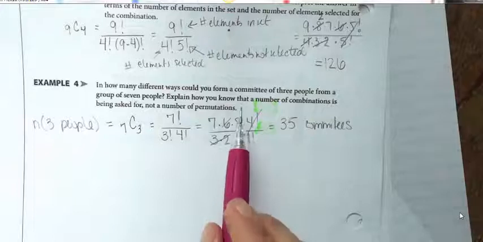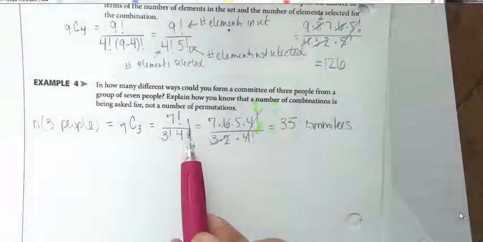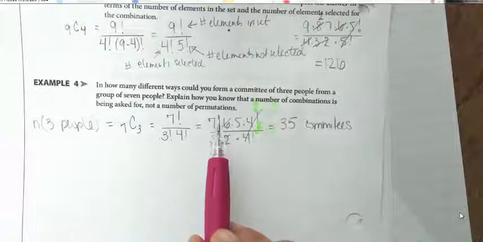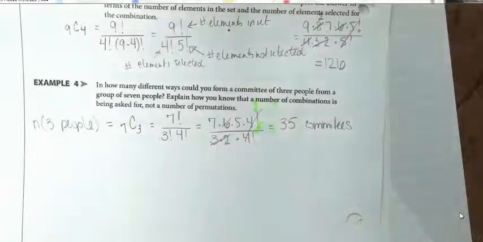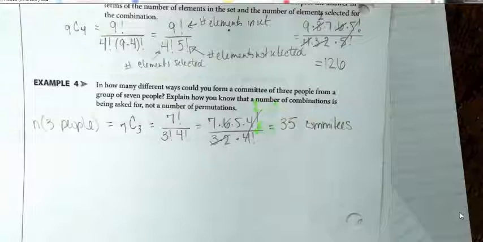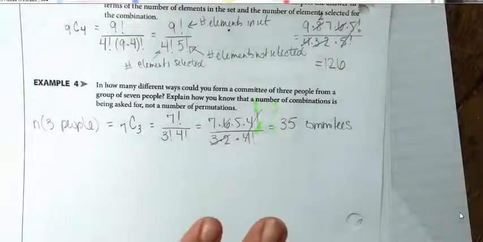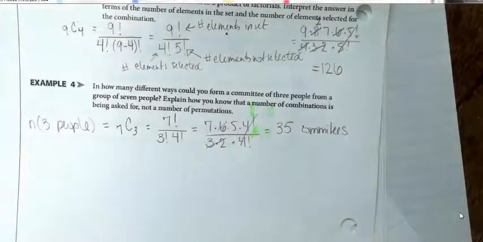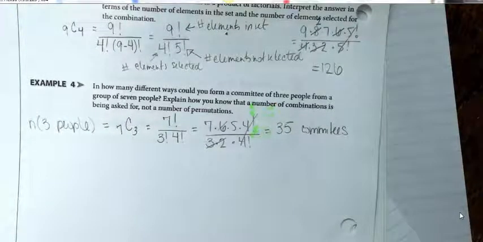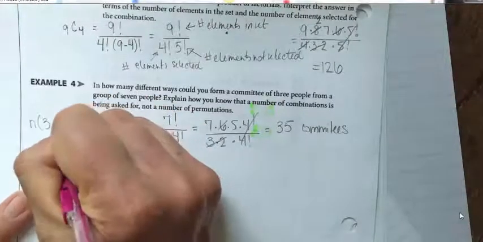Explain how you know that a number of combinations is being asked for, not a number of permutations. Okay, well, if I have a committee with 3 members, no matter what order I put those 3 members in, it's still the same committee, right? So committees with the same members are different only if the members have different roles. And nobody talked about different roles here. So it'd be one thing if I was looking for a president, a vice president, and a treasurer. But none of that was specified here. So I'm going to say something like,